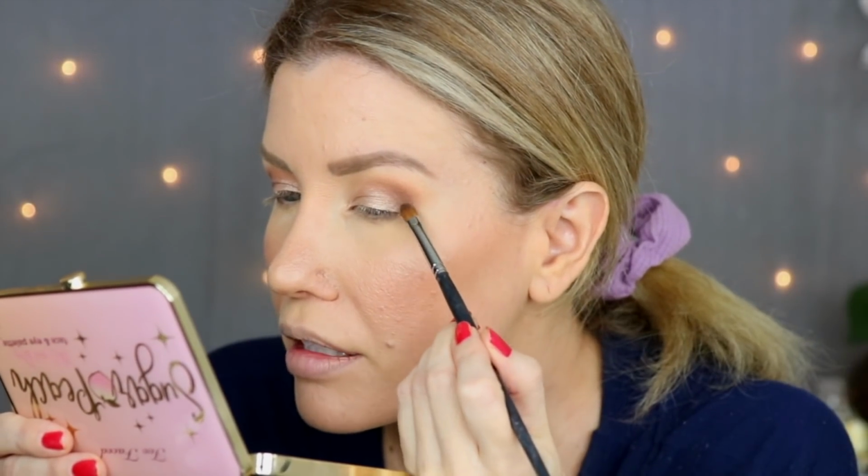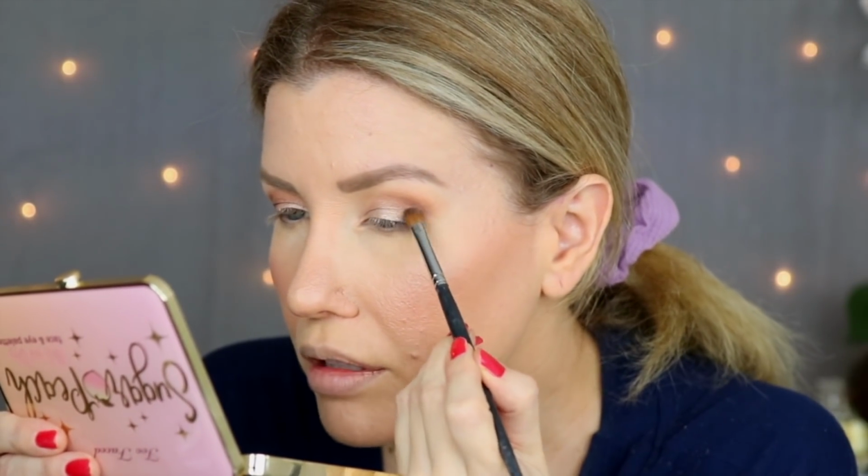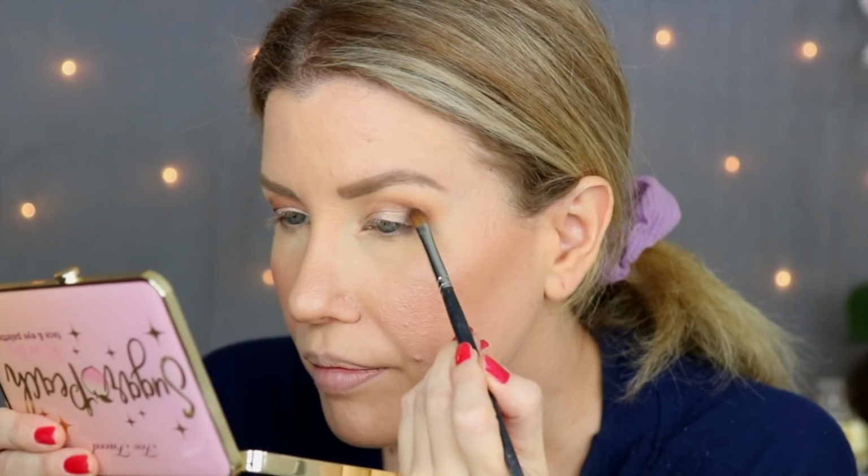All right, now I want to darken up the outer corners a little bit more, and I want to use another color, so I'm going to use Spot. And for this, I'm using a Morphe M124, and I'm just going to press that right on the outer corners. I like that this is a dark, dark gray and not a pitch black. It's just a really dark,